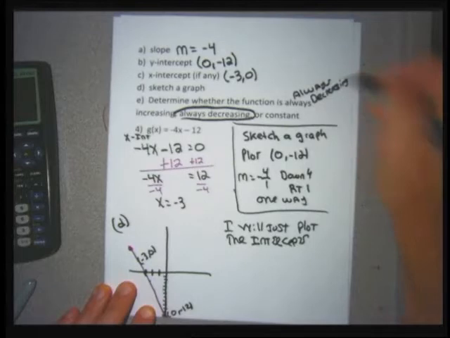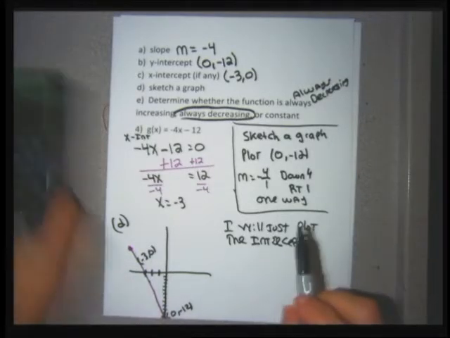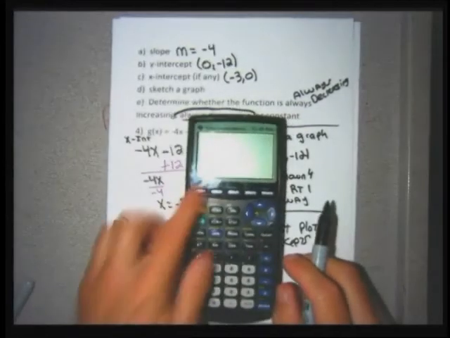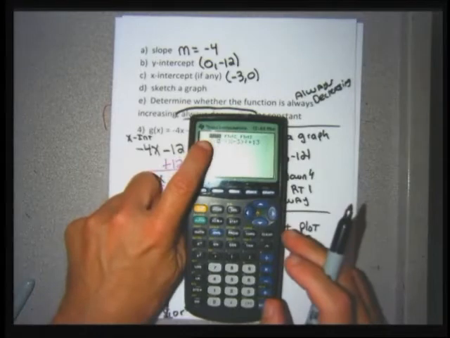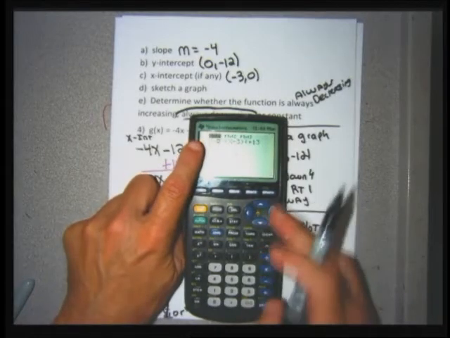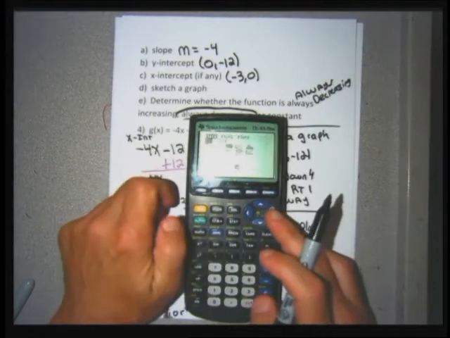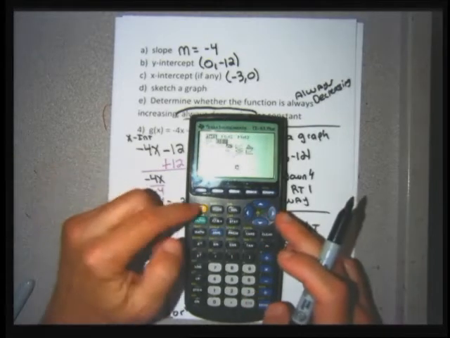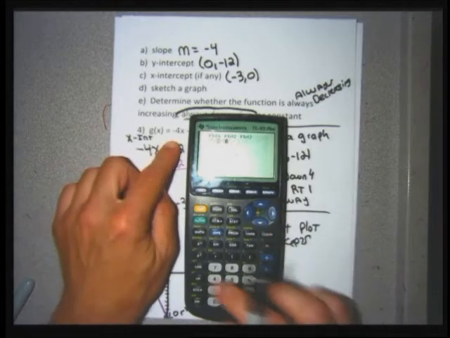So I haven't used my calculator for anything yet. I could have used my calculator to generate the graph. If I did this, y equals, I'd been doing some stuff. My plot is blacked out. I have to unblack that out. I'm going to hit enter on second stat plot. This plot one that says on, I'm going to turn off. If I don't turn it off, my graph's going to be funky. So now I'm going to graph negative 4x